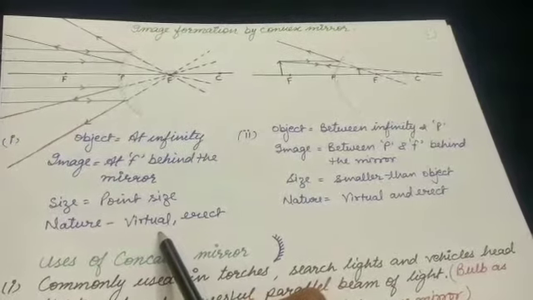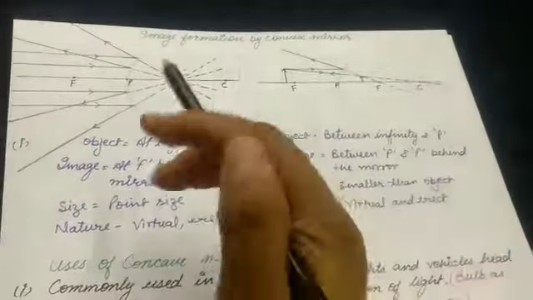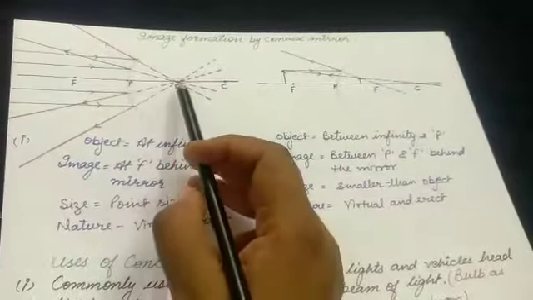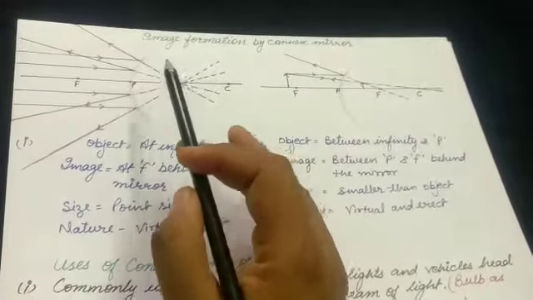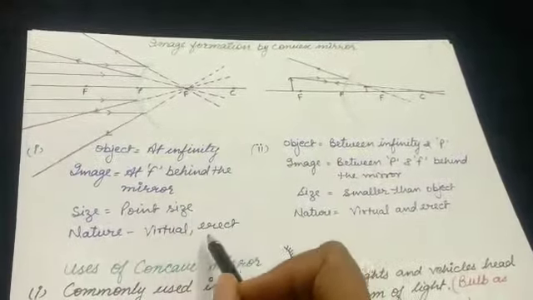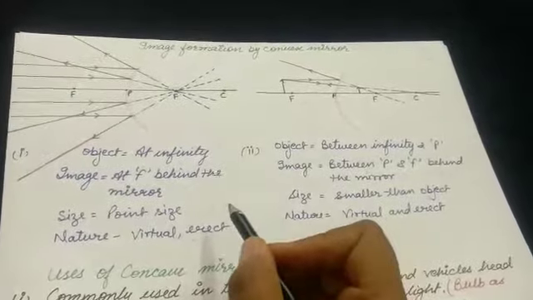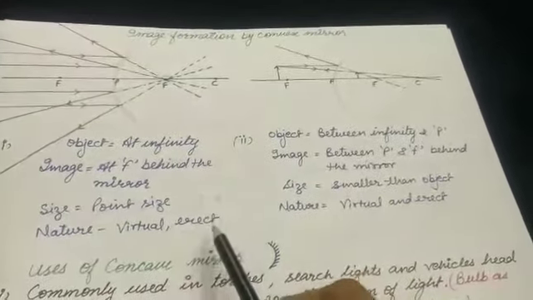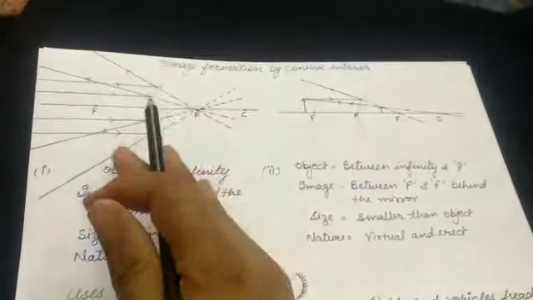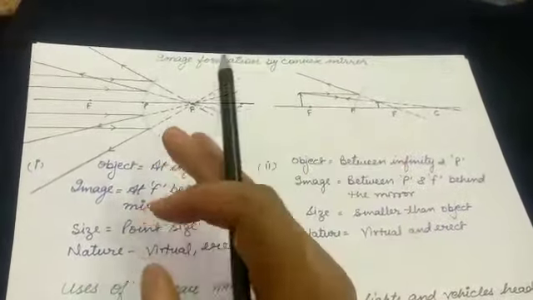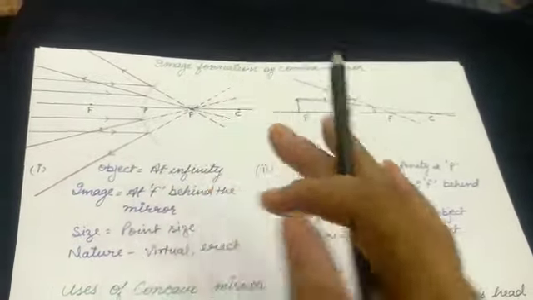Virtual means this is not a real image, the light rays are not really meeting. We are just considering that if they grow at the back side, they appear to meet here. That is why it is a virtual image, which means not real. And virtual images are always erect. As the object is straight, the image will also be in this way only. Such an image is called an erect image. And we have already said that the image is formed behind the mirror, or we can say inside the mirror we will see the image. It cannot be obtained on a screen.